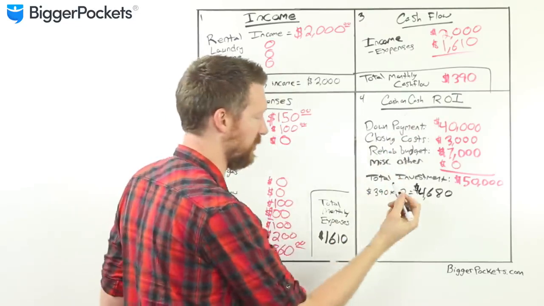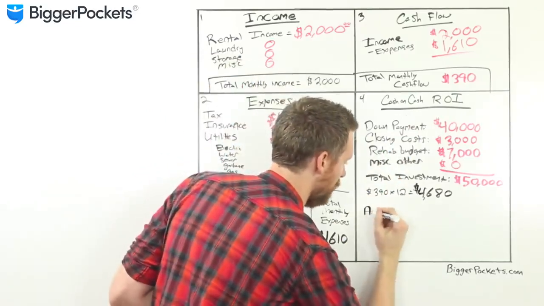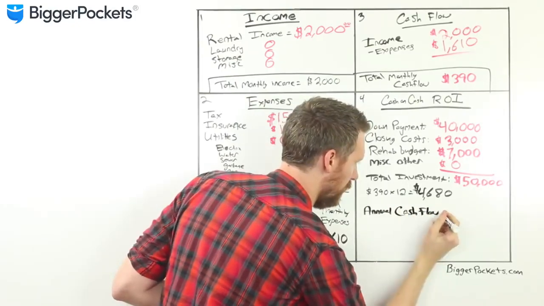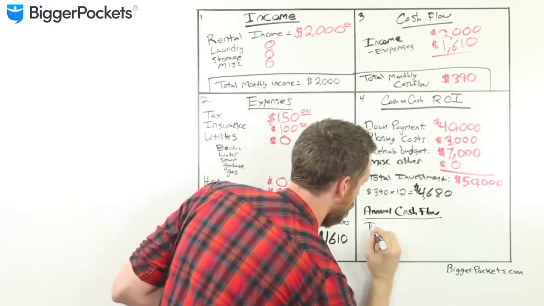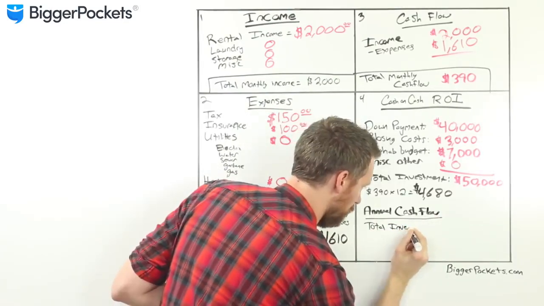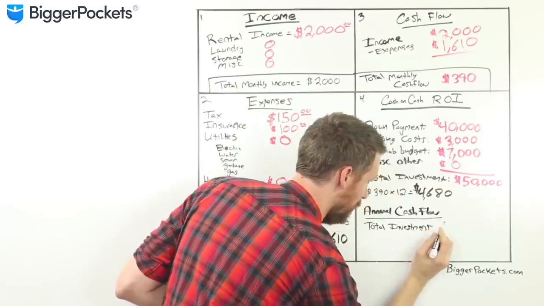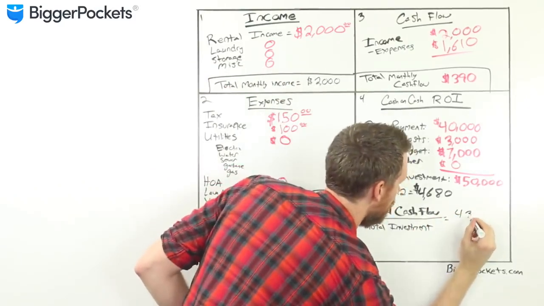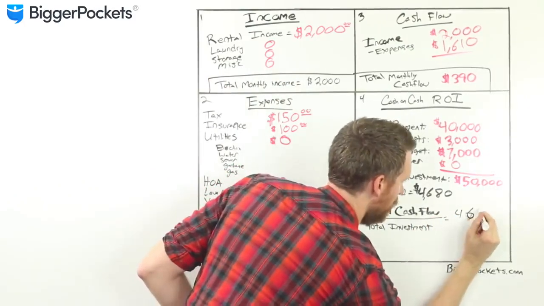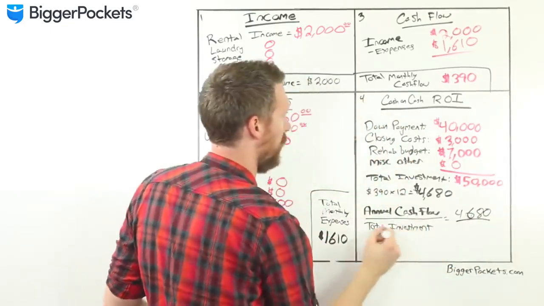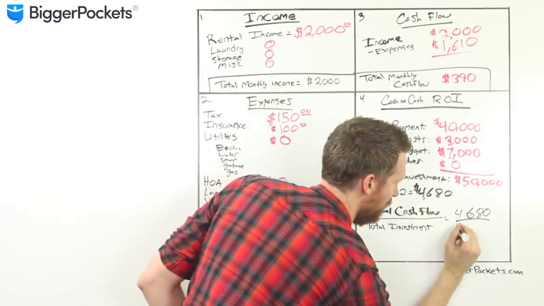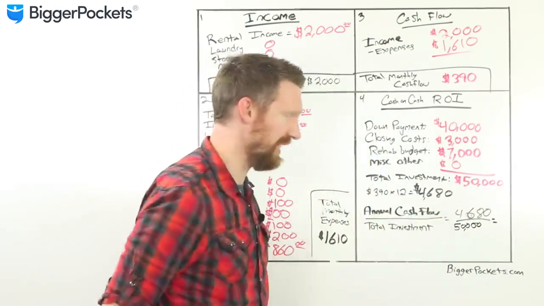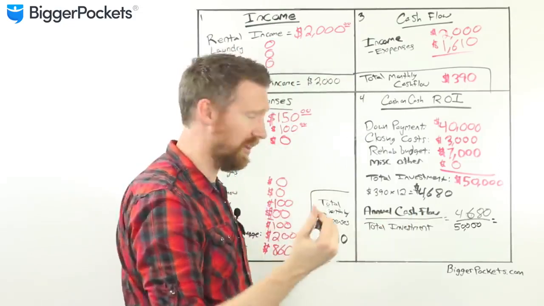To figure out your cash on cash return, we're simply going to take our annual cash flow and divide it by our total investment. So annual cash flow we already know was $4,680. Divide that by our total investment, which we already figured out right here, $50,000. And what are we left with? In this case, 4,680 divided by 50,000, trusty calculator, works out to a